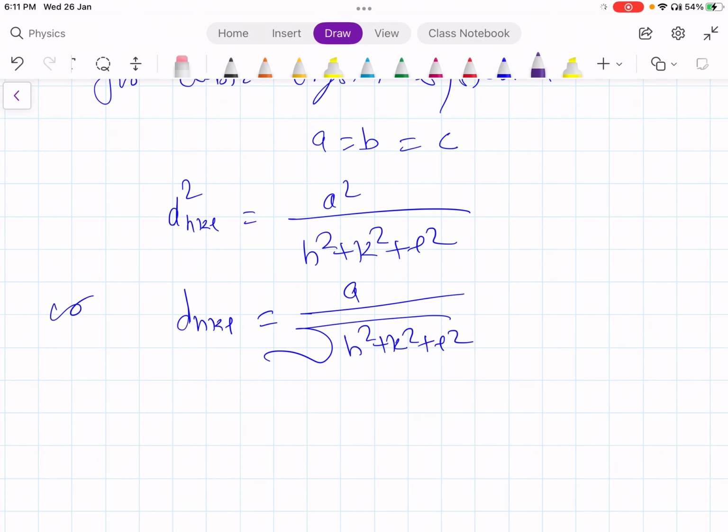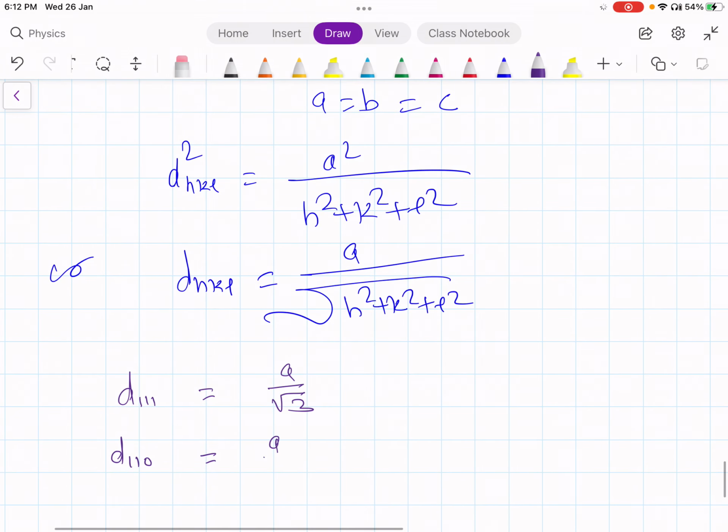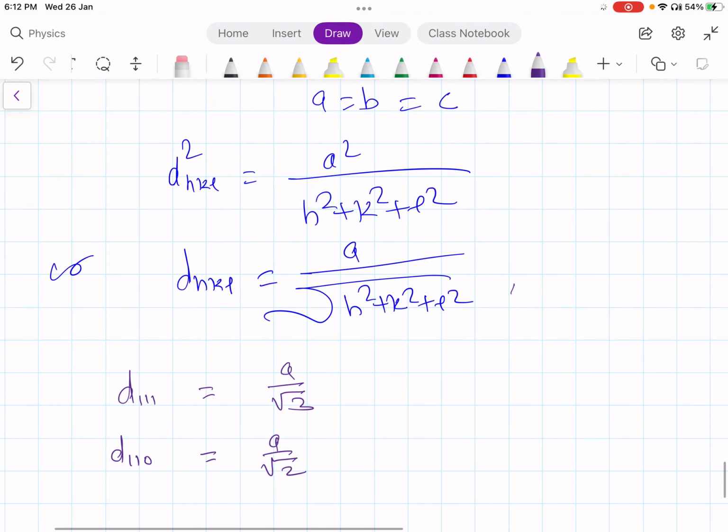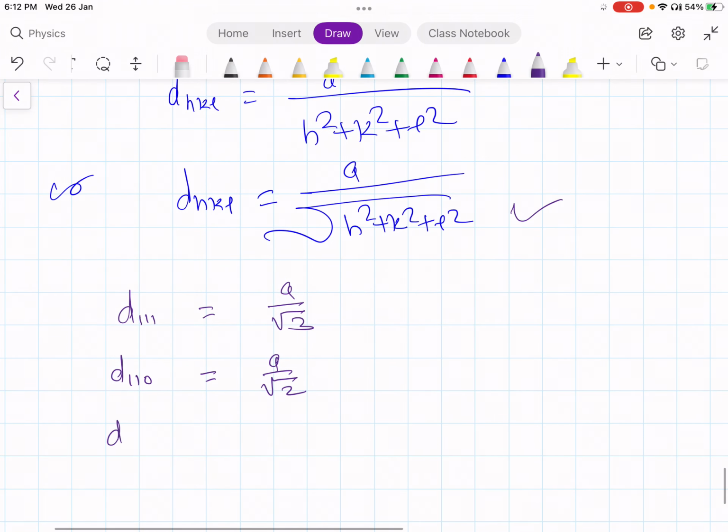Suppose this is d suffix 111. The Miller indices of the plane is 111. Then that is equal to a upon root 3. Similarly, d110 is equal to a upon root 3 from this formula. And d of 1